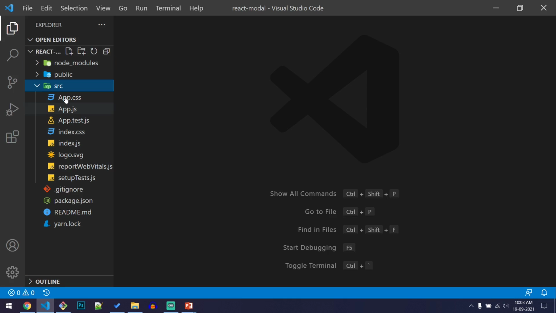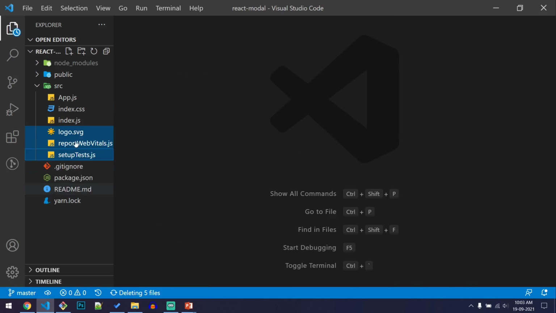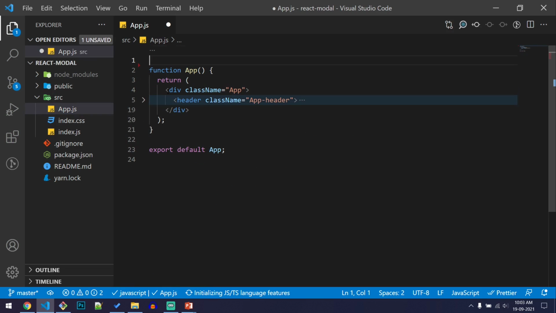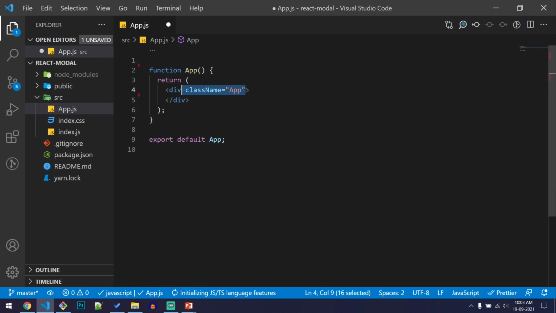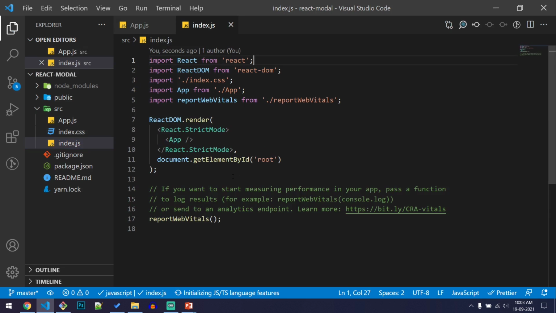And as usual, let's go ahead and delete the files which are not necessary. And quickly remove the references of them. Let's remove this HTML content in the class as well. Let's go to index.js and remove the reportWebVitals reference.